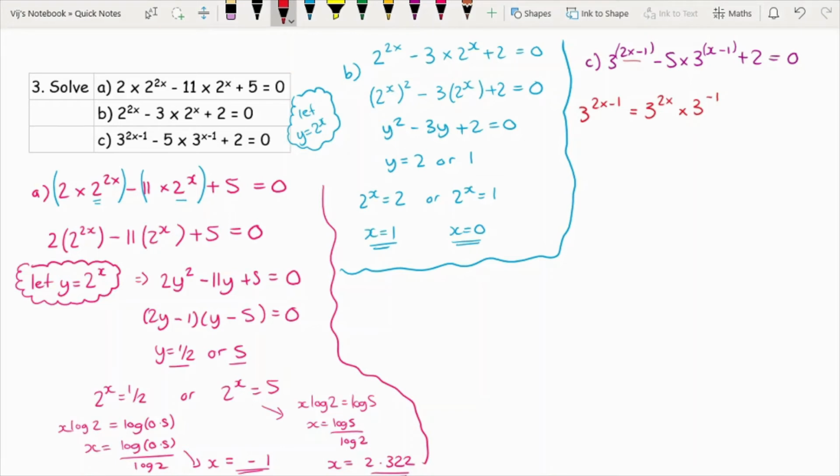And likewise, if I had 3 to the power of x minus 1, I can write this as 3 to the x times 3 to the minus 1. So if that was a plus 1, then that would just be a plus 1. If it was plus 3, that would be a plus 3. So whatever this second constant is, whatever you're adding or subtracting, that's what's going to be next to your base number here. So what I'm now going to do is substitute